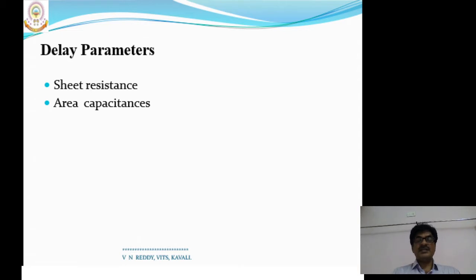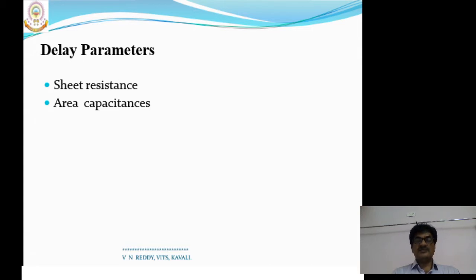So here the resistances are considered as sheet resistance and capacitance is considered as area capacitances. And first of all, let us see how to estimate the sheet resistance value, after that area capacitance values, and